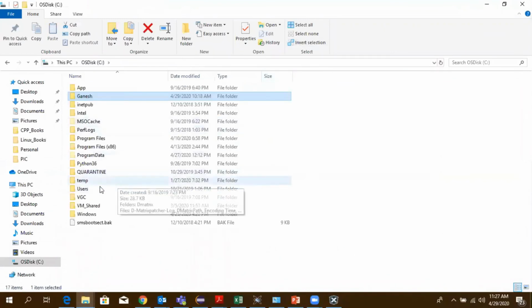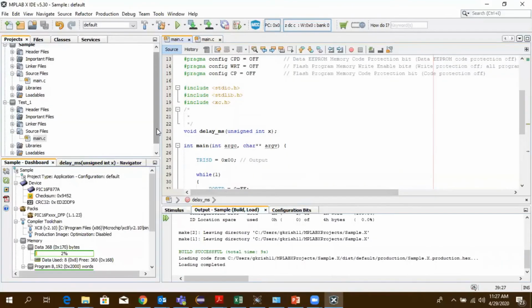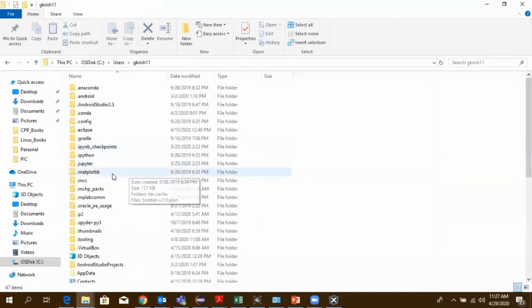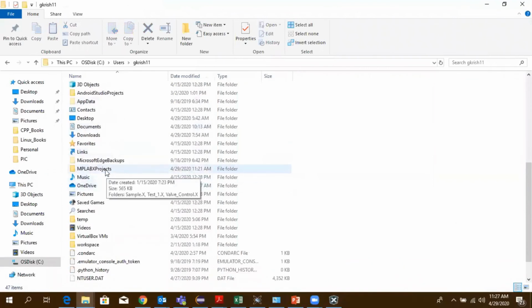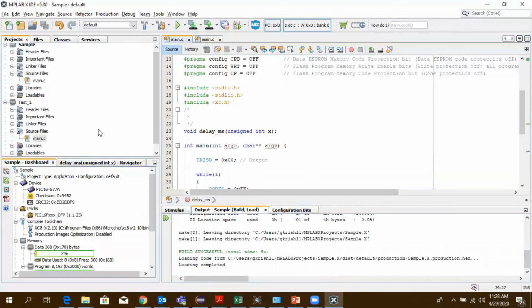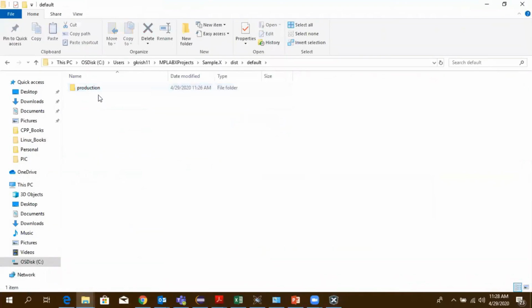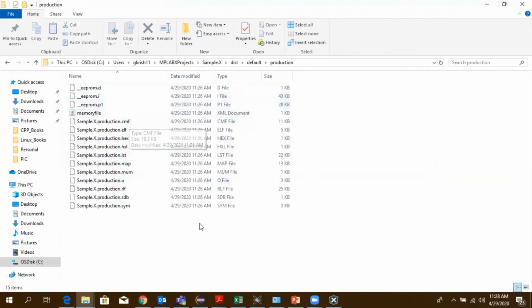This is the default production folder, and sample.X.production.hex is the binary. What we will do is try to flash this hex.